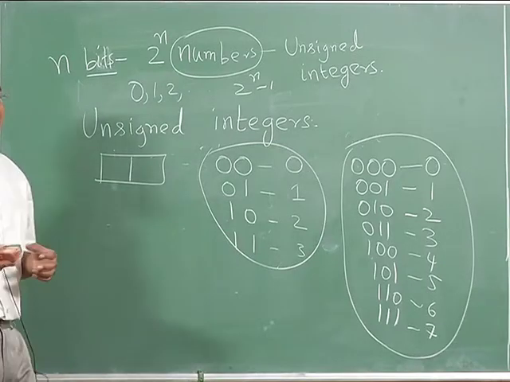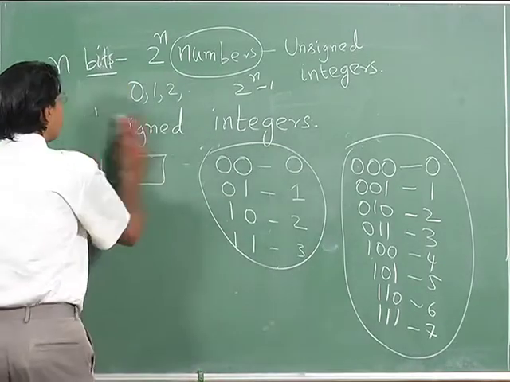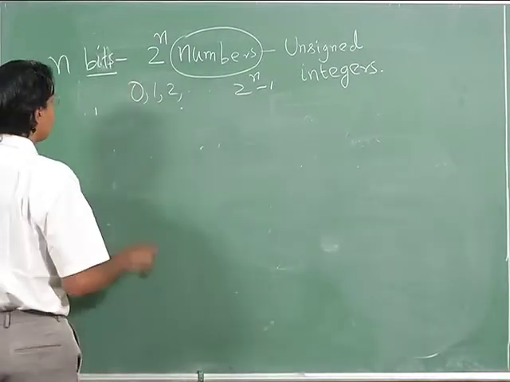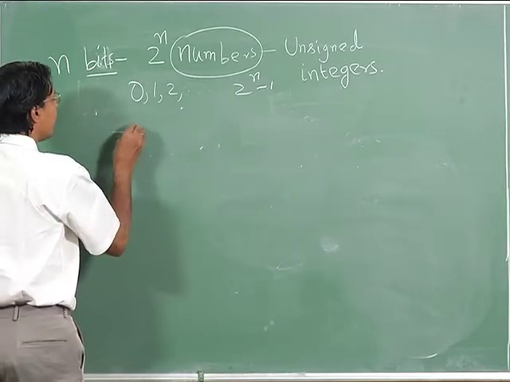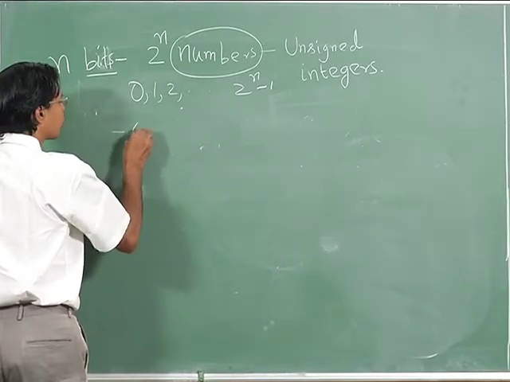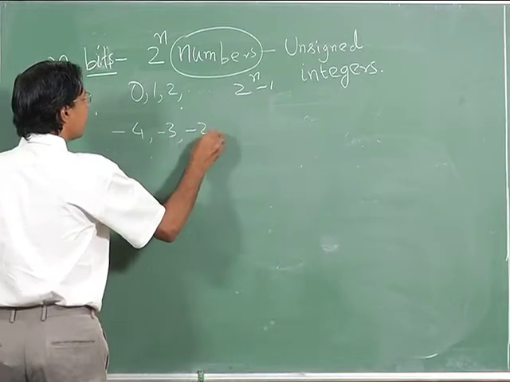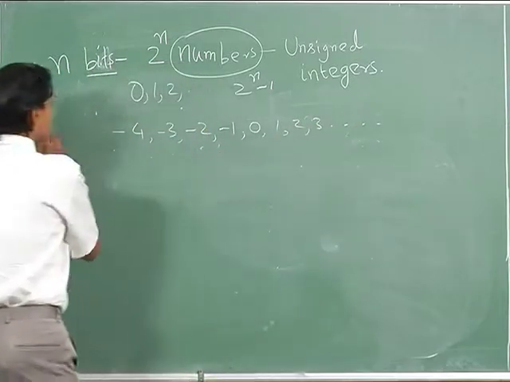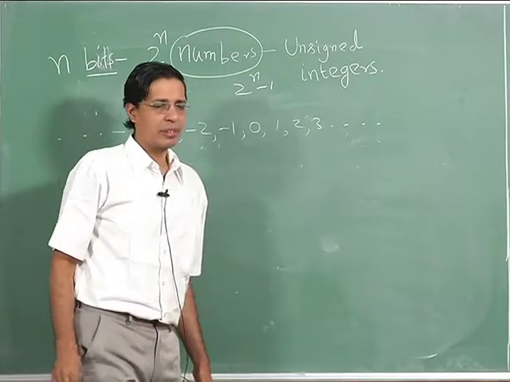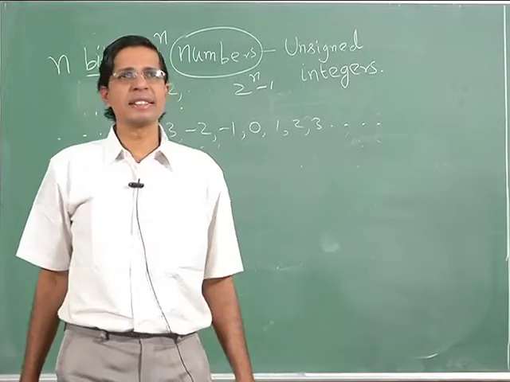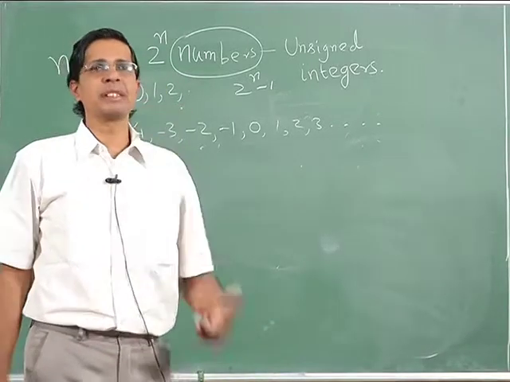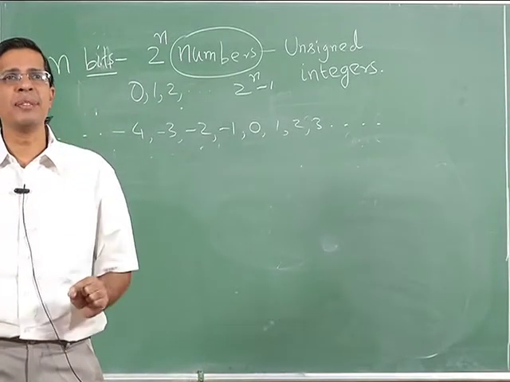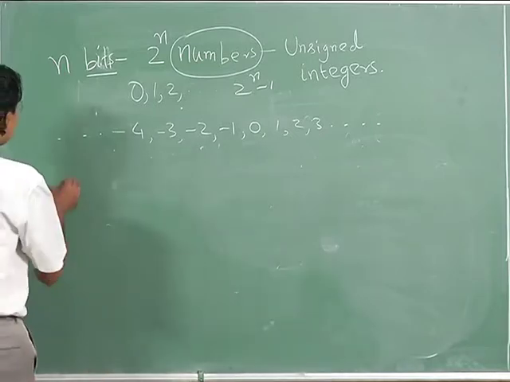At the moment I am looking at signed integers, wherein I am interested in associating a signed bit. So, I want to represent between minus 4, minus 3, minus 2, minus 1, 0, 1, 2, 3, on both sides, right. So, one of the things is, in the number representation I need to associate at least one bit which I call the sign bit.